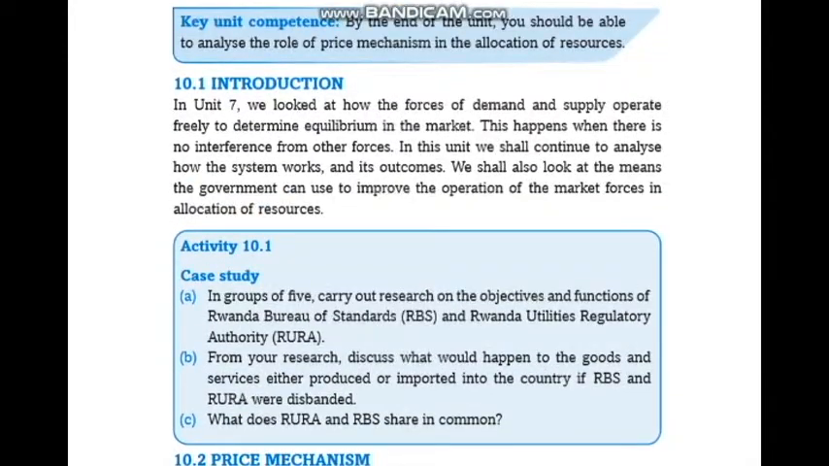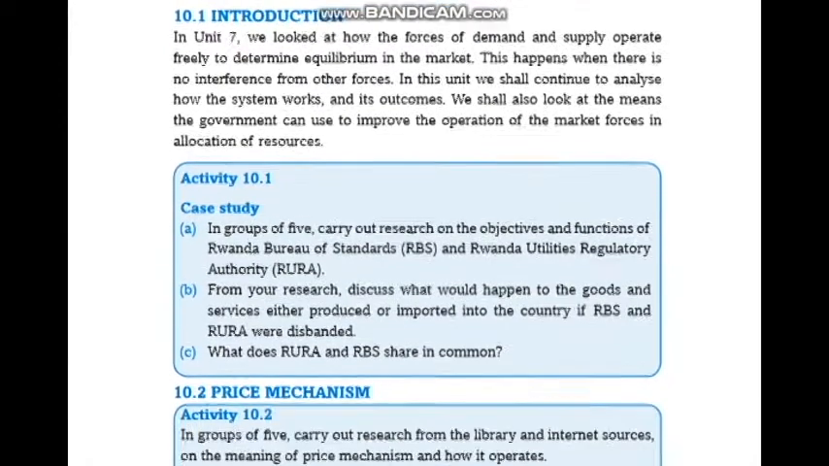In unit 7, we looked at how the forces of demand and supply operate freely to determine the equilibrium of the market. This happens when there is no interference from other forces. In this unit, we shall continue to analyze how the system works and its outcomes. We shall also look at the means the government can use to improve the operation of the market forces in